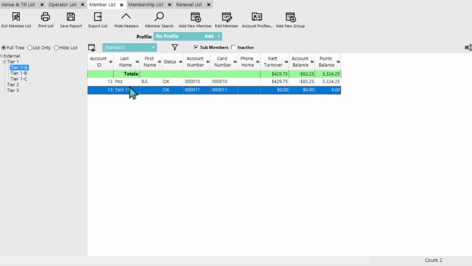So neither of these accounts, even though they're in our member list, actually have memberships yet. So we'll still be able to go in and add a membership for them later, either from back office or from SmartPOS. In fact, for this particular member account, we'll use them for a SmartPOS demo too. However, if I add another member again,